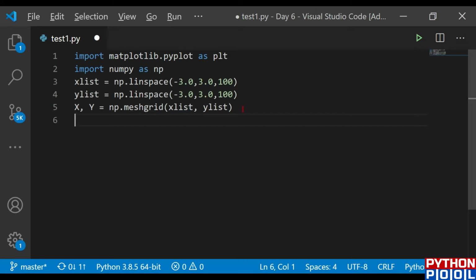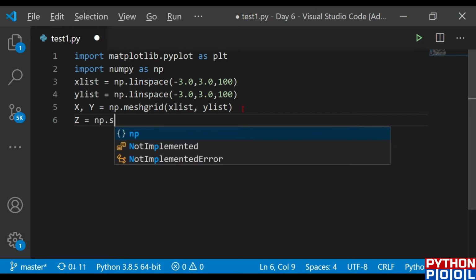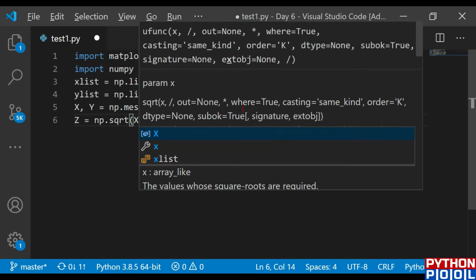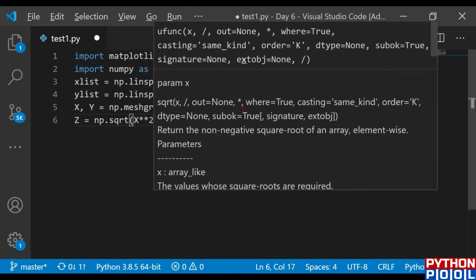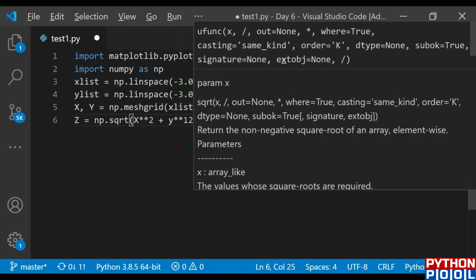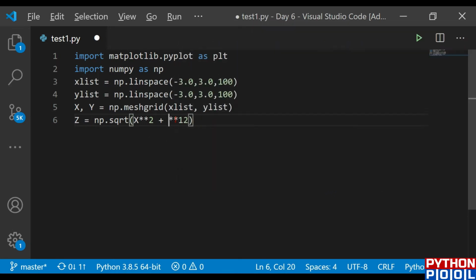After that, I'm going to define the z function, which would perform some operations, like a square root operation on not only x and y, but x square plus y square.